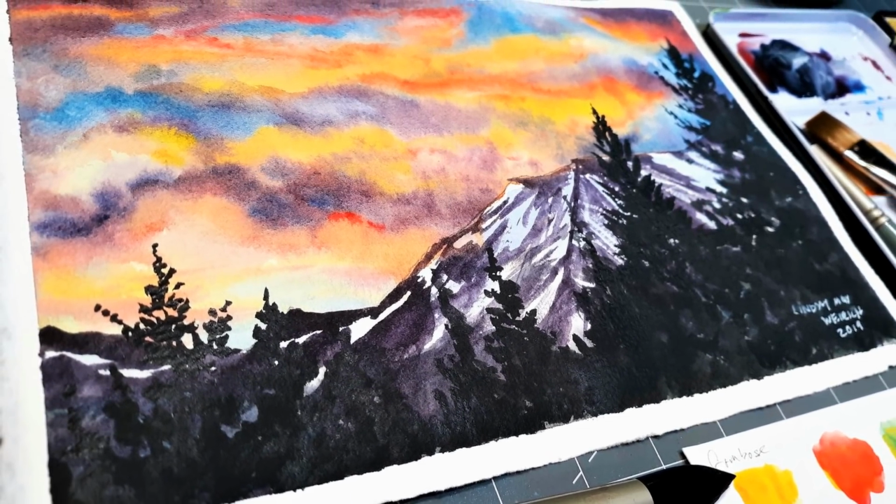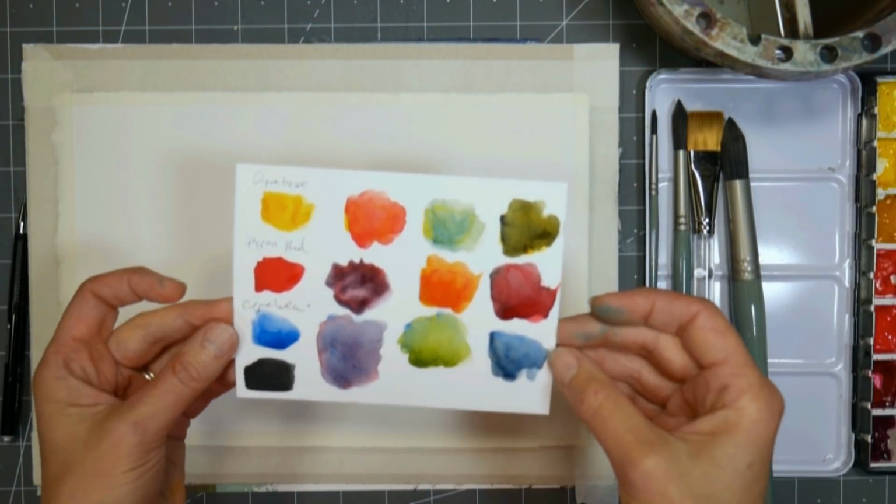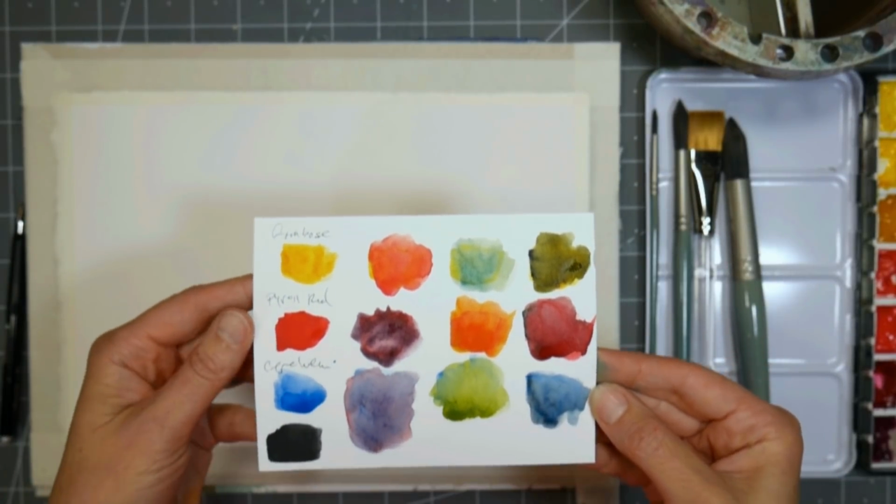Today we're going to paint a landscape and it's all about the sky today. You can use any red, yellow, and blue paint you want, but the colors I'm using are from Turner Watercolors,